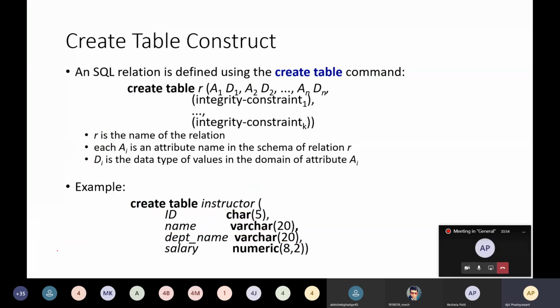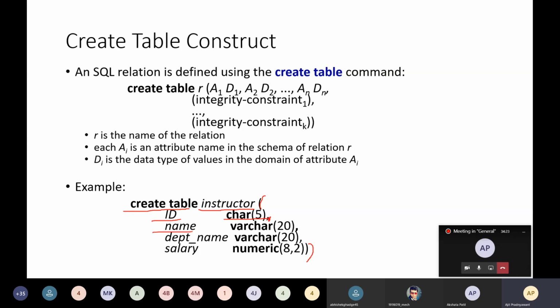Again, I am repeating. To create the table, you have to mention create table, then the name of the table, that is instructor, and open the bracket and close the bracket. Inside it, ID is the first attribute of the relation instructor, then data type char(5), comma.